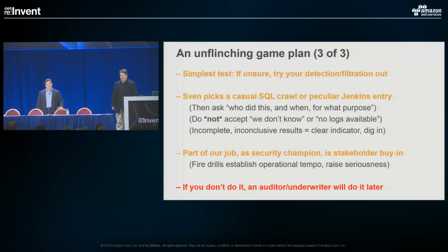It's okay to miss something, and it's okay not to find it the first time. It's not okay to never have looked, and it's not okay to not know where to look, right? I think that many of the people in this room would find if you went and did an incident fire drill,